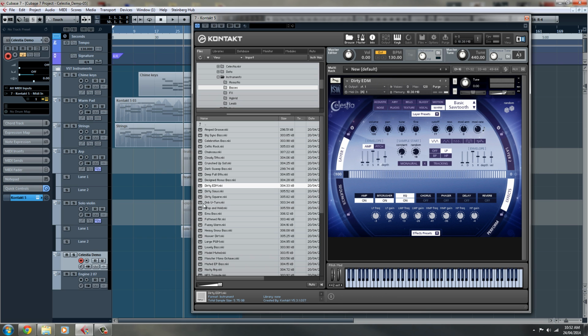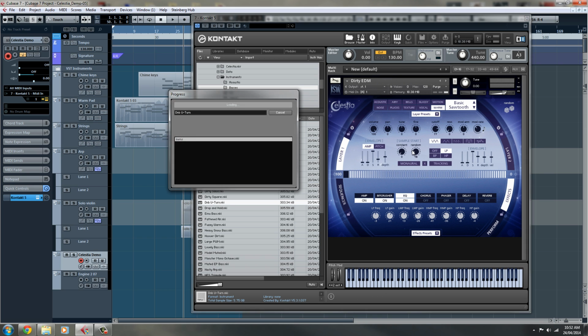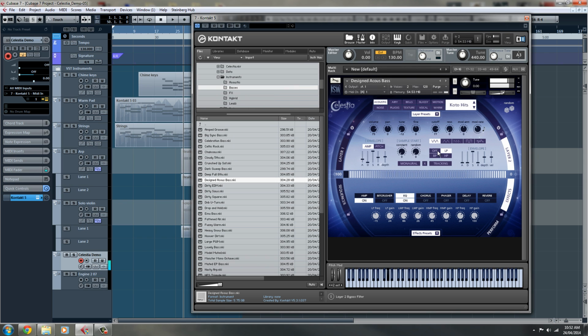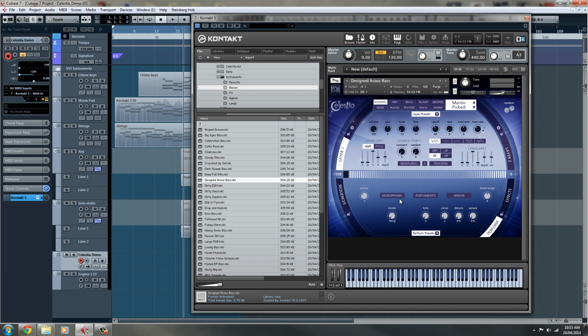Bit crushing there and amplifying and everything. So DMB U-turn. Designed acoustic bass. This is pretty cool actually, because it's designed from Koto hits and a guitar pitched down as well. They're all pitched down, but now the interesting thing here is if I go monophonic and legato,